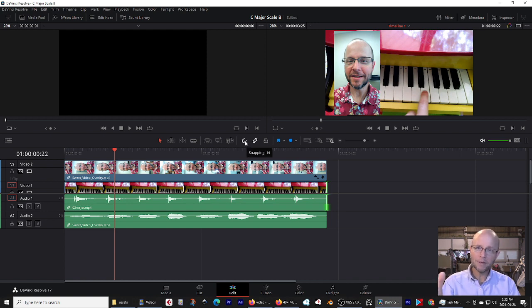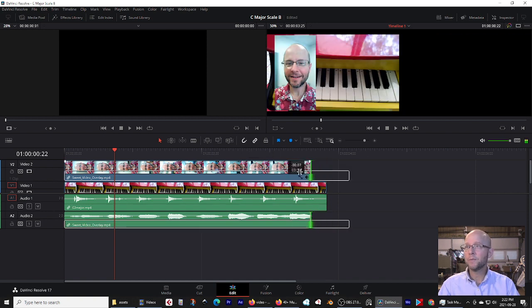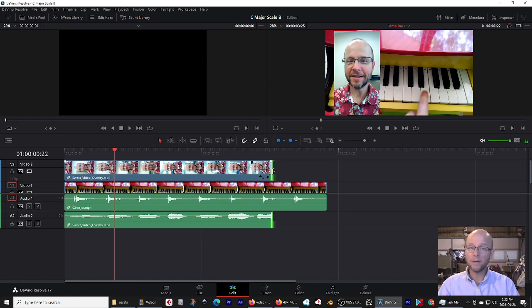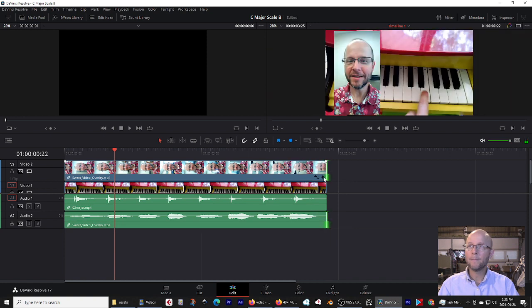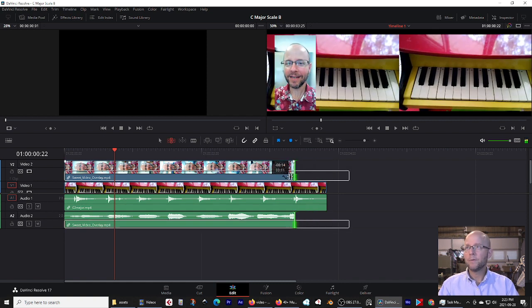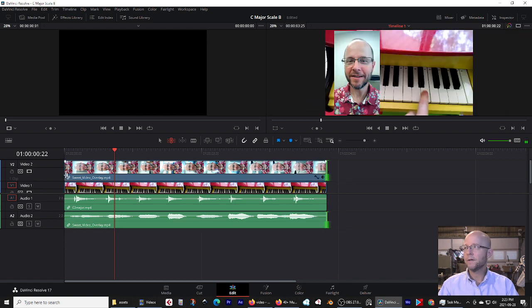I will say snapping is something that you probably will want to make use of if it's not turned on. What that does is it allows you, when you're trimming clips, and in this software it's really easy, you just mouse over the edge of your clip, make sure that you're on your arrow here, and then you just drag the end, and then bam, it snaps to match up with whatever clip you're closest to. If I did that with trim edit mode, on this end you don't notice it, but on the other end,